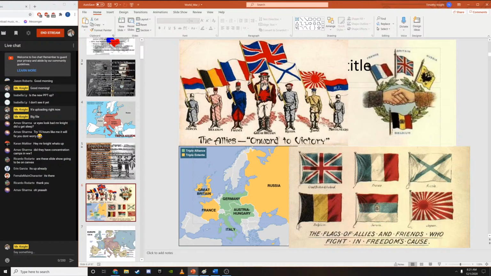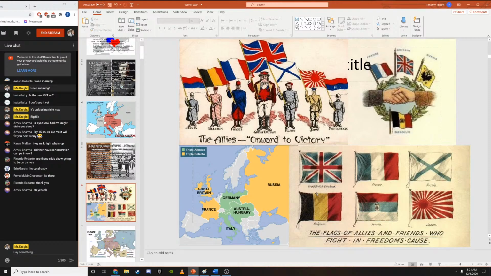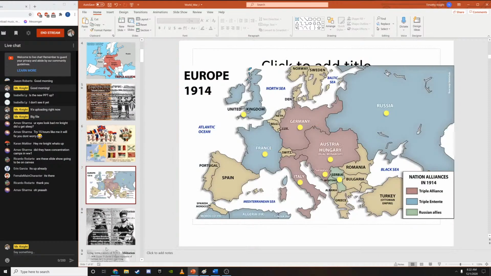This is the era of flags, by the way. Flags are really very much a nationalistic sort of thing. Different nations have different flags, and they are symbolic and usually represent different ideas. And so that's probably why, really for the first time ever, we're seeing the use of a lot of flag imagery here. Flags are a major sign of nationalism.